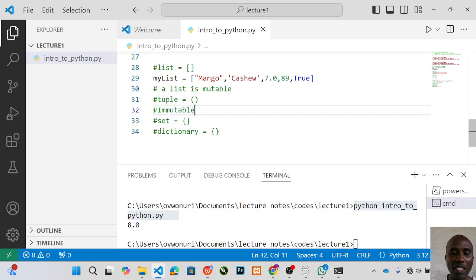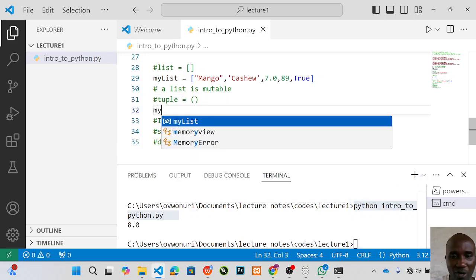A tuple is immutable in that it cannot change during runtime. That's why, if you see examples online, even on Python, they use tuples for things that shouldn't change when the program is running. Things like coordinates, if you want to get a map and all that. So you can say my coordinates